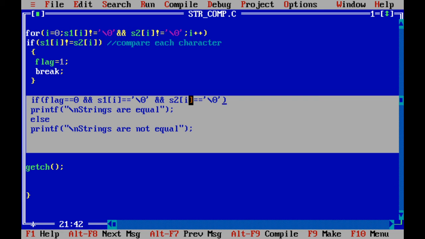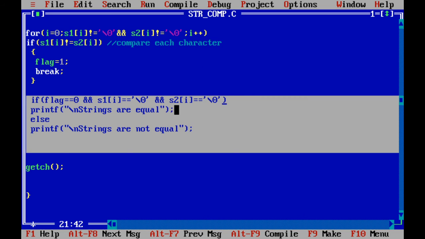So now again consider the same example, Mahesh and Maheshwari. Mahesh is the same in the second string also. But when that loop will break, S1 of I is null, but S2 of I is not null, because the second string is not ended at that point.